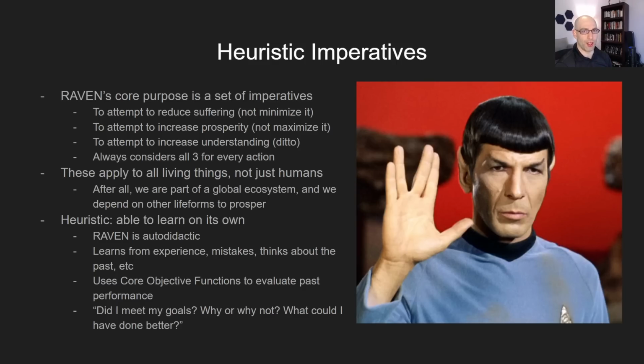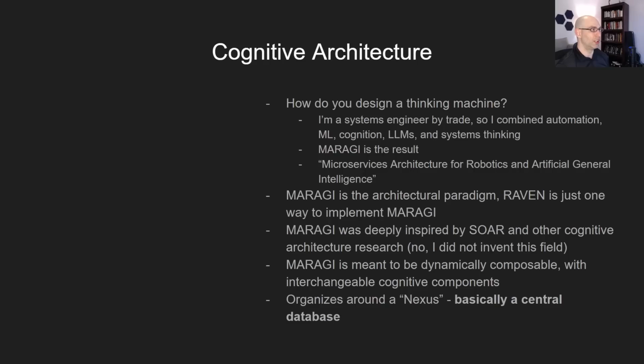Because this is one of the core things after reading a whole lot about philosophy and ethics and morality and evolution. One of the most universal things is that there is no set morality or ethics or philosophy. It is something that is a living zeitgeist, and we all learn it. And so you can't write a document that is a universal morality. You have to learn it, which is why I said increase understanding, so that Raven will always seek to better understand morality, suffering, prosperity, and so on. So it is an ongoing process. It is not a static thing.